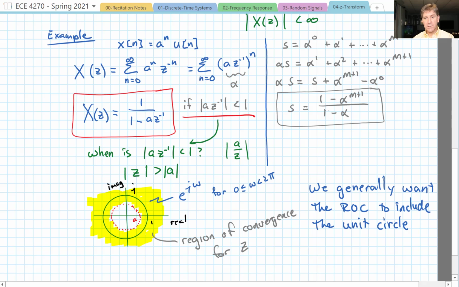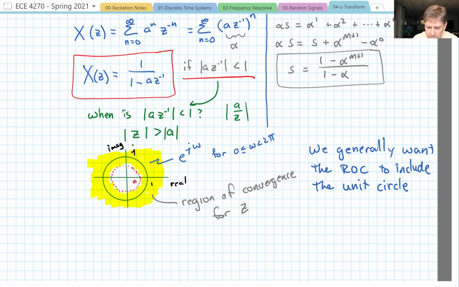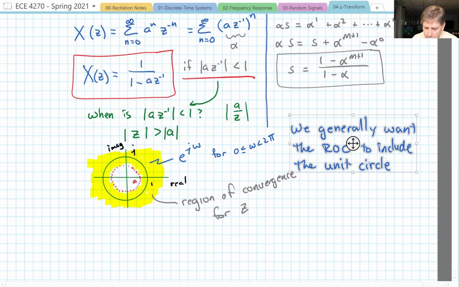It is possible, for example, to choose maybe A is 7, and so we choose Z to be 8, or at least anything larger than 7, and the sum will converge. But that's only academically useful at that point, because really what we would like to do after we are done playing with our Z transforms, we would like to eventually come back to the point where